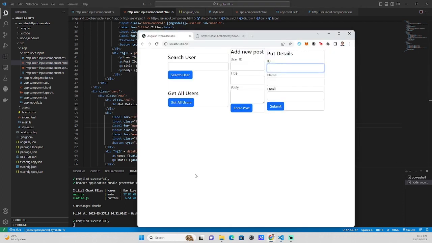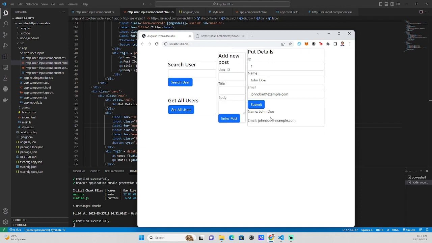So for example, we want to change the name and the email on the first user ID. Then let's add John Doe, and the email is going to be John Doe at example.com. And then if I submit it, it's basically going to tell me that the name and email for John Doe